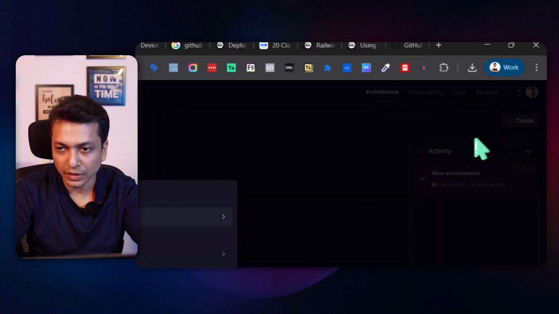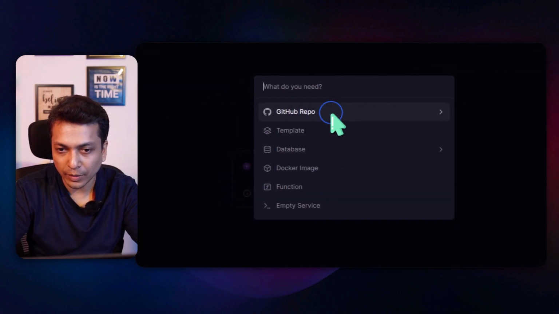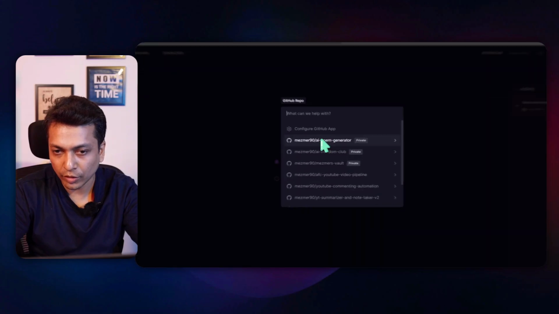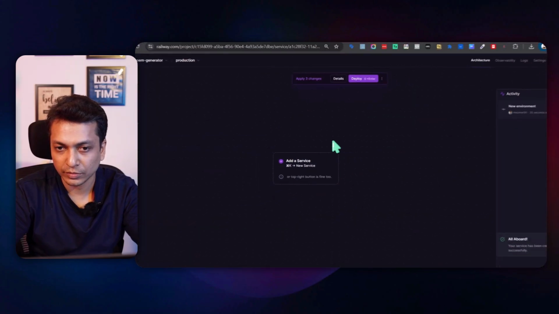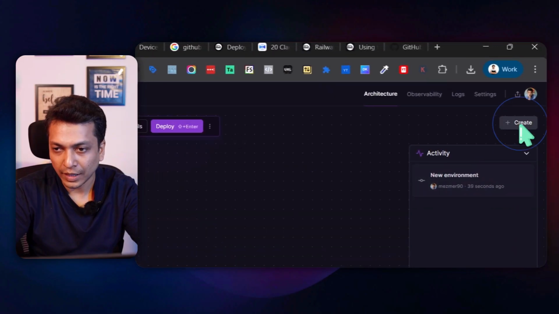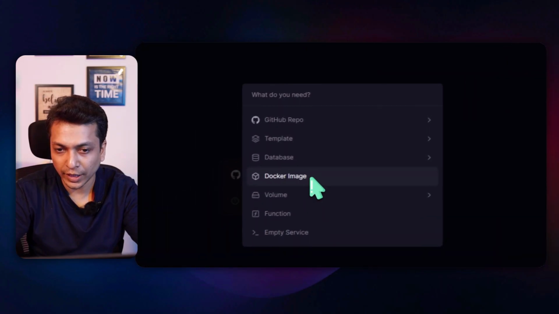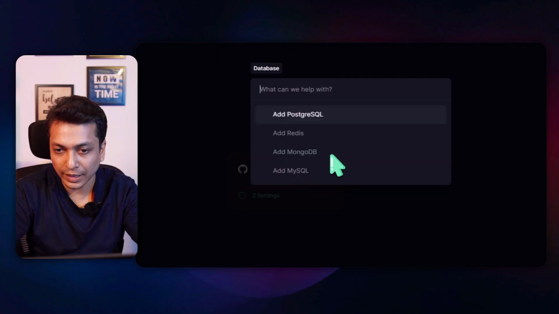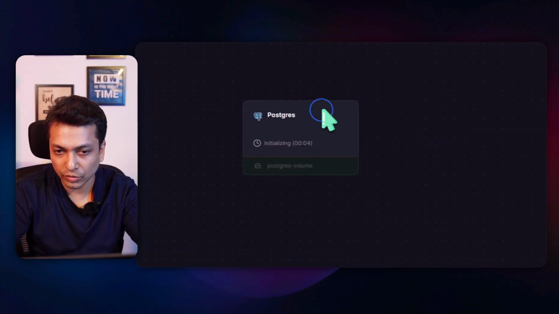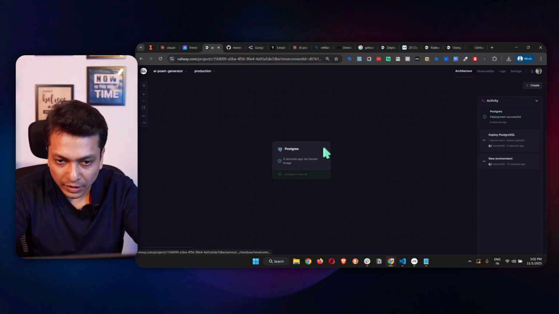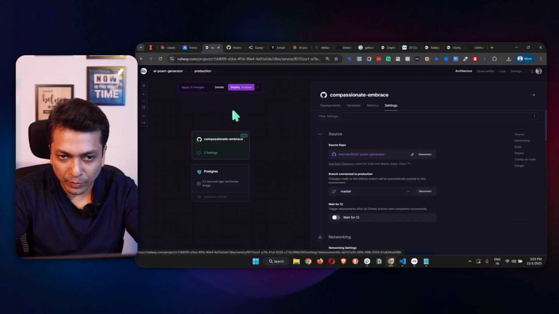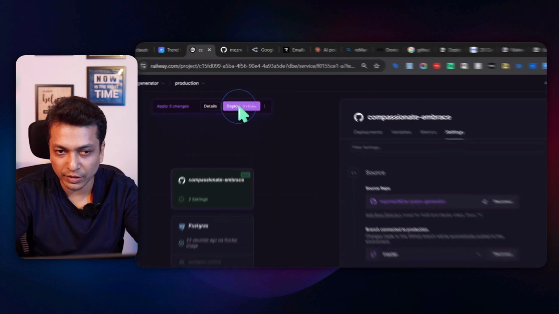Click on create. I'm going to create a GitHub repo, and I'm going to click on AI poem generator. That's one. And I'm also going to click on create. I'm going to do a Postgres database. Okay, so that is also done. Surprising GitHub repo, AI poem generator. Yeah. So one is the AI poem generator and the other one is the Postgres database,